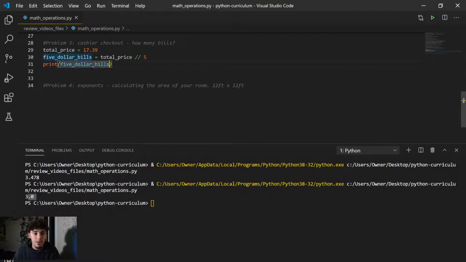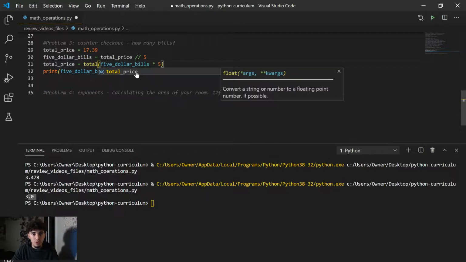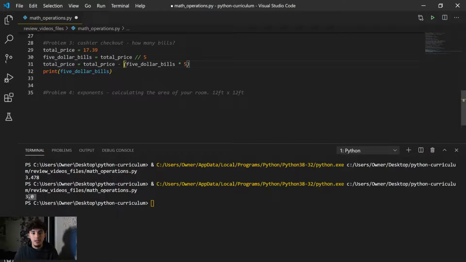Okay? So now that we know how many $5 bills to give to the customer, we want to give $15 to the customer, and we want to calculate our new total price, which should be $2.39. So to do that, we can just change our total price and set that equal to, let's see, our $5 bills. So in this case, it should be 3. And then we want to turn that into $15, because if we have three $5 bills, they're each worth $5, we'll just multiply times 5, and our total price is going to be equal to our original total price minus the amount of $5 bills